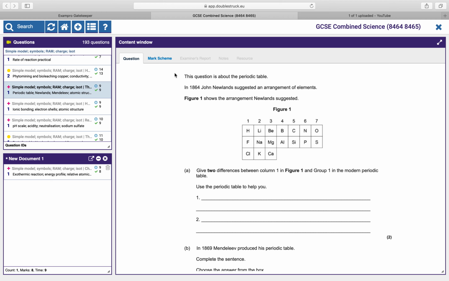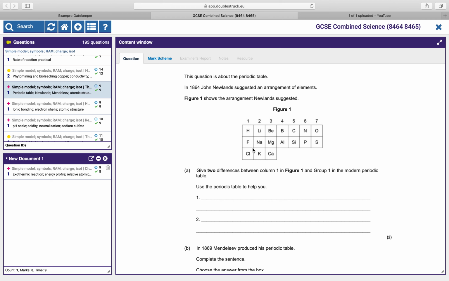Use the periodic table to help you, so we will be comparing this, and we can see here that in the Newlands one they've put hydrogen in group 1. We don't actually put hydrogen in group 1. They've put fluorine in group 1 here, chlorine in group 1, and we can notice that lithium and sodium are in group 2 there, and potassium should be group 1. Okay, so essentially we could say as our two differences that